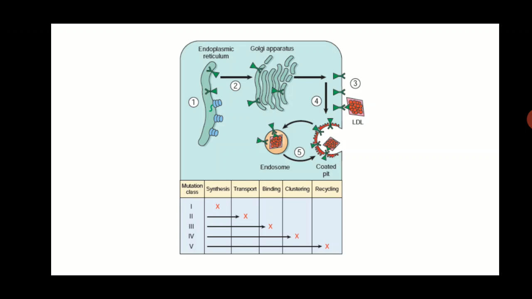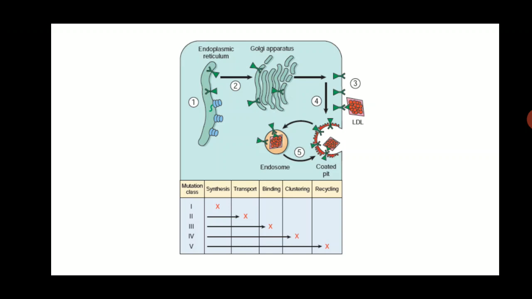Familial hypercholesterolemia occurs when there is any problem in the formation and synthesis of the LDL receptor. In fact, this is not a single mutation, rather mutations at multiple levels can give rise to hypercholesterolemia. There are 5 types basically, depending on which process of the LDL receptor synthesis the mutation inhibits.